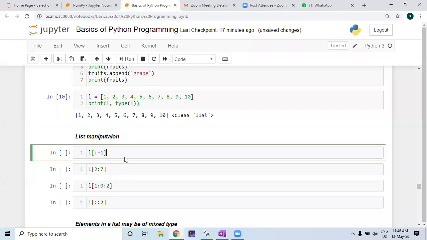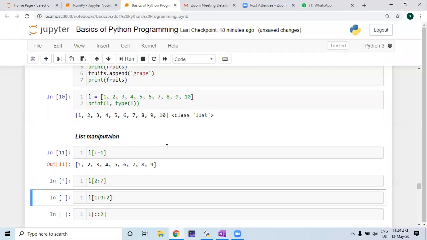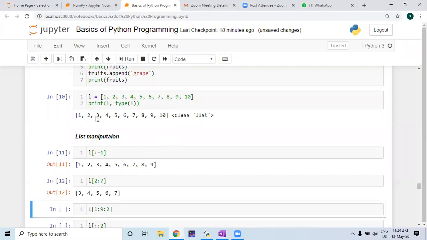If I want to pick up second to the 7th element, one thing you remember, 7 will not be included. It will go up to 2nd to 6th element. So if you want to pick up 2nd to 6th element, you have to write 2 colon 7. So here you see second element is, this is 0, 1, 2. So 3, from 3 it will start. 0, 1, 2, 3, 4, 5, 6. So up to 7 it has been taken. So 3, 4, 5, 6, 7 are your modified list.